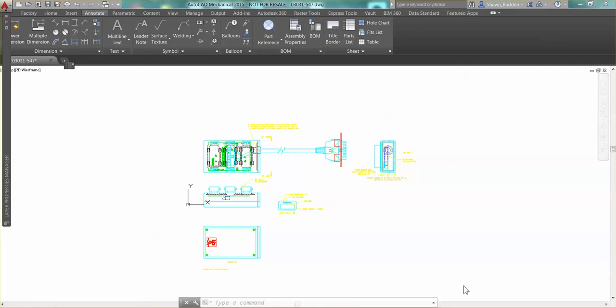In short, to be able to use the balloon as opposed to the leader with a part, you're going to have to give it a part reference. So if you go up to your tab for annotate up here, and then you'll see that you have this tool that says part reference tool. Okay, so if you go ahead and click on that part reference tool, it's going to tell you to select